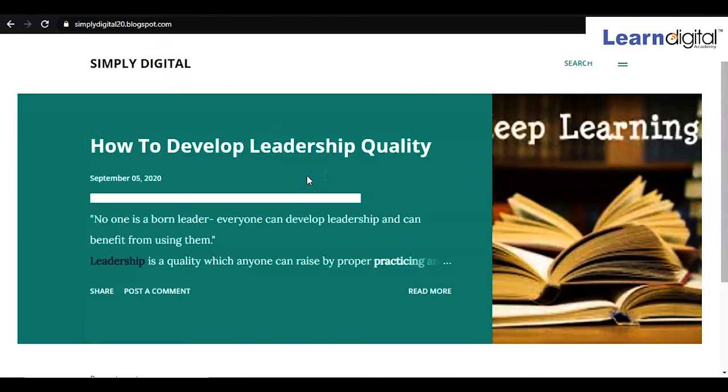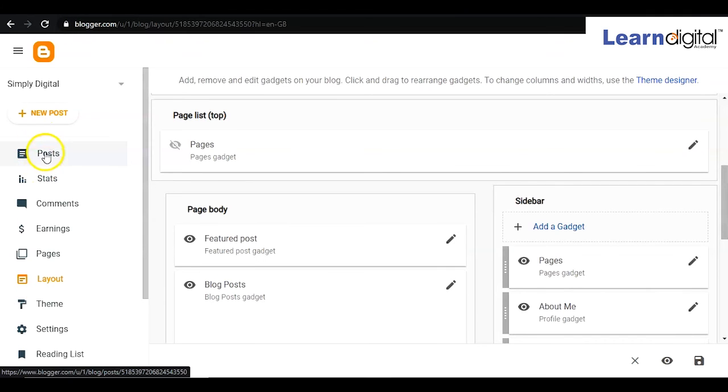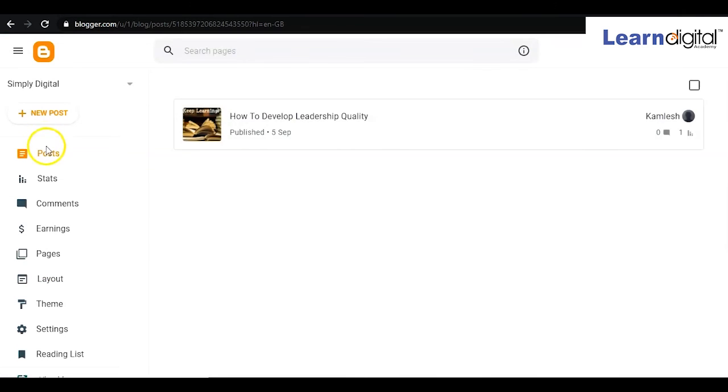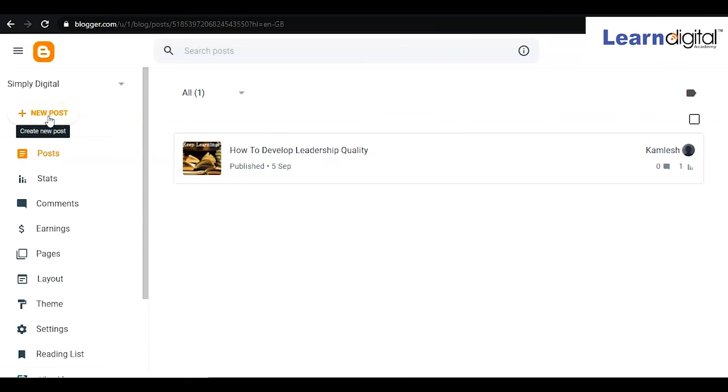So in this way you can go to your backend part and create many posts from here. For creating a post you can click on the new post and set the images according to you. You can add the contents. Meanwhile, each and every option, guys, you can explore, and you can enable the things which you want to show on your website. So here we are finishing with the blogging side.